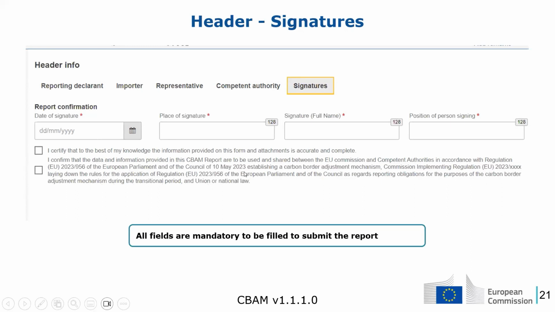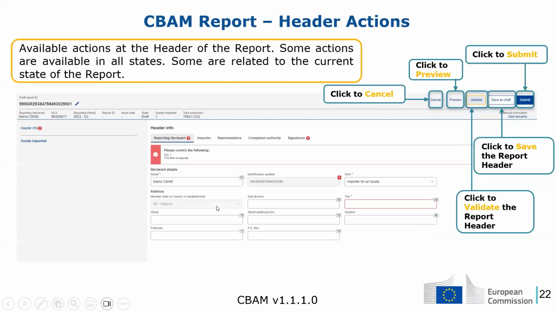You can read it by yourselves. All these fields in the signatures are mandatory in order to submit a valid report.